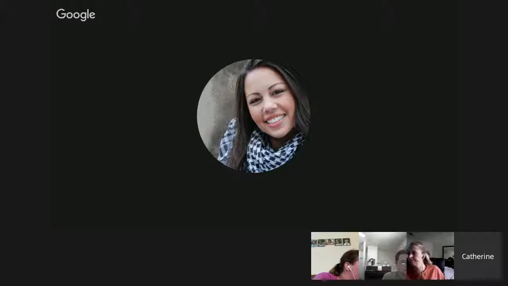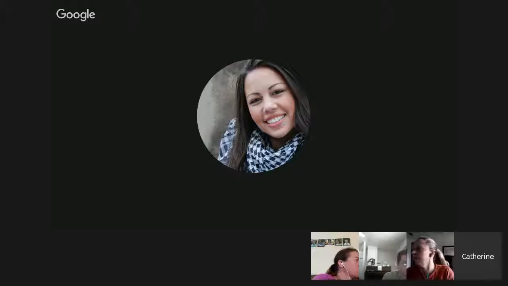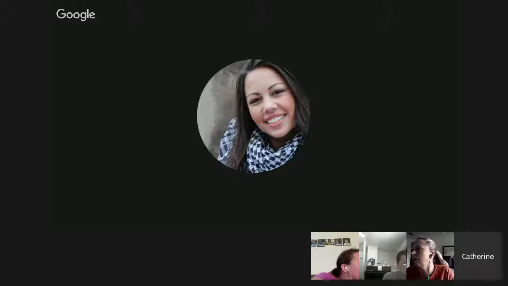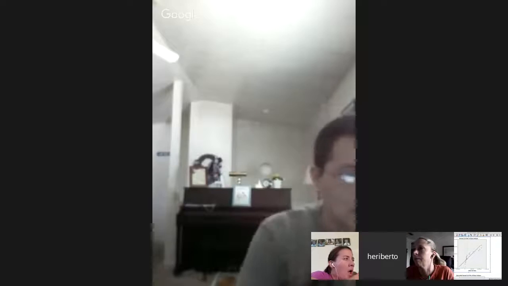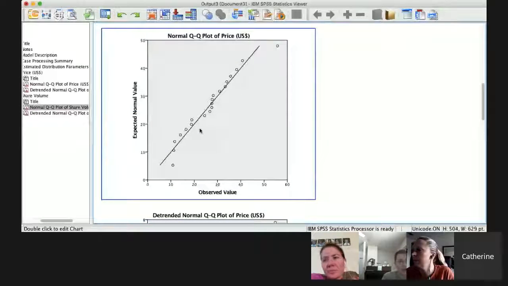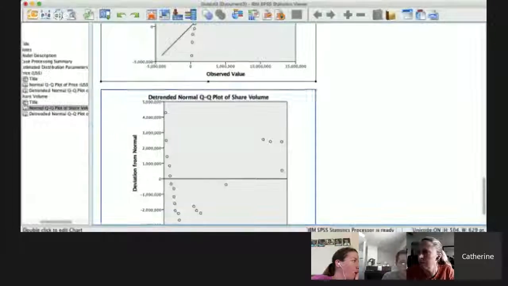So question 4, under normal circumstances, a density curve can drop below the x-axis. That is false. Sorry, what was number 3? Number 3 was B. Out of the two variables, price and share volume, the volume shows a more distinct non-normal trend. Because this one right here is the price one, and that looks pretty normal. So number 4, a density curve can drop below the x-axis. That one's false.